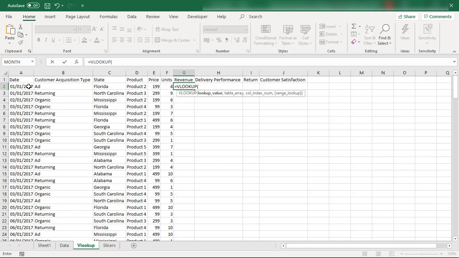Now I can click on date. I can also click on customer acquisition type. Just for my ease, I want to look up the AID, the customer acquisition type, the customer which has been acquired using the advertisement AID, and on the date of 1st of January 2017,